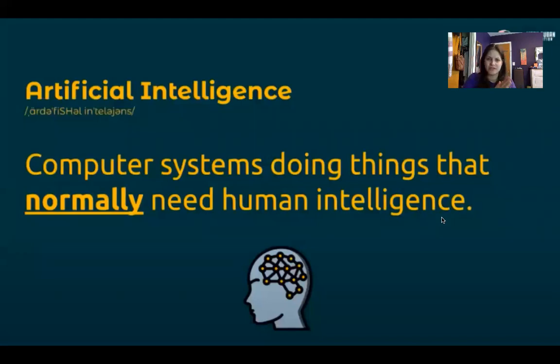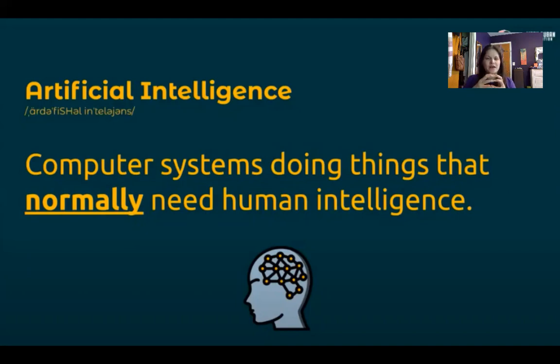A very simple definition for artificial intelligence that they gave us in the webinar is computer systems doing things that normally need human intelligence. Obviously, in that scenario, a computer is doing that thing. So normally, only a human would be able to do it. The computer isn't necessarily going to be able to determine that 10 a.m. is okay when noon wasn't okay, and realize that 1:15 wasn't okay. And especially with the way that it's speaking, I think that really made that feel more like artificial intelligence.